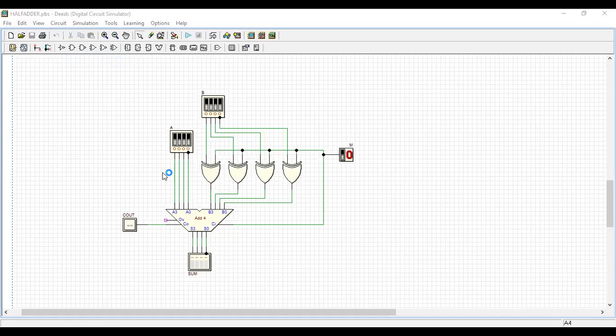If you press R, you can rotate the component. Yes, I'll place it like this. So I'll put 2 NOT gates, then 2 AND gates, and then 1 XNOR gate. But here we have only an XOR gate in the software. We don't have an XNOR option in the software. It's not visible.